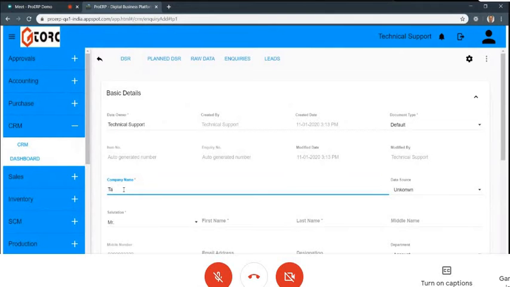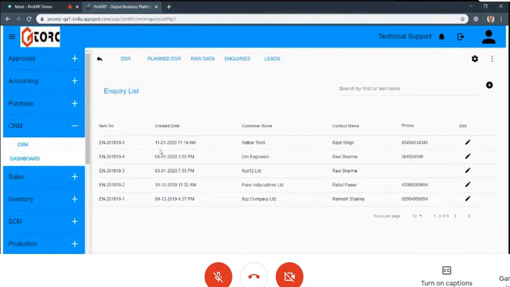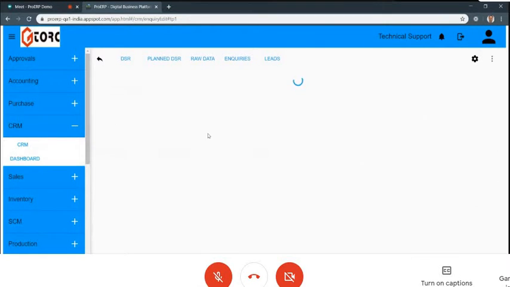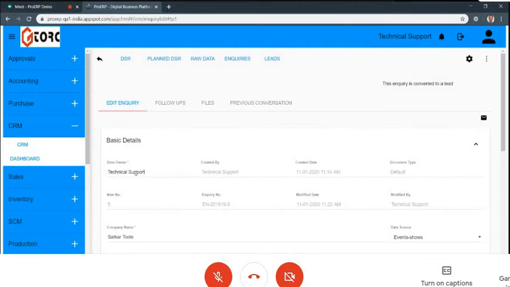Can we see the inquiry list by, let's say, the inquiry owner? Yes. If you go here, you can see there is an owner. On top, it is not given, but yes, this is the owner of an inquiry.